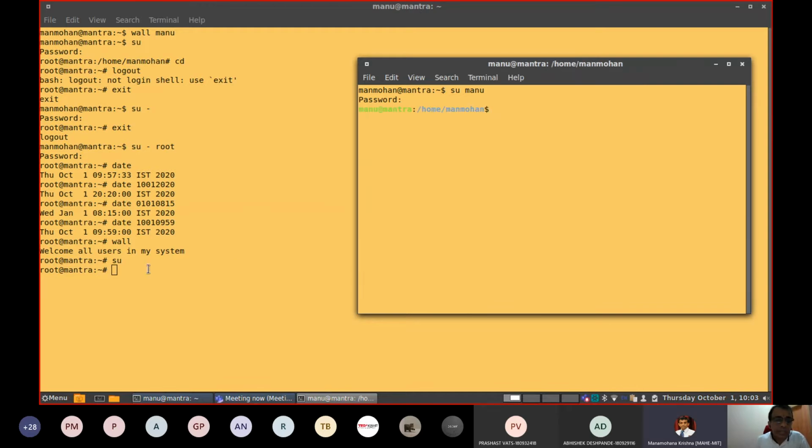Let me try this, whether it works or not, because that depends upon my system setting, whether to allow wall permission or not.